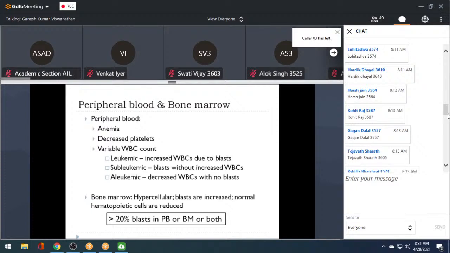The bone marrow is hypercellular, meaning there are a lot of cells within the bone marrow. And as you have rightly guessed, the increased number of cells is due to increase in the blast cells or the early hematopoietic cells. And the normal cells, the normal erythroblasts, the normal granulocytes, the normal